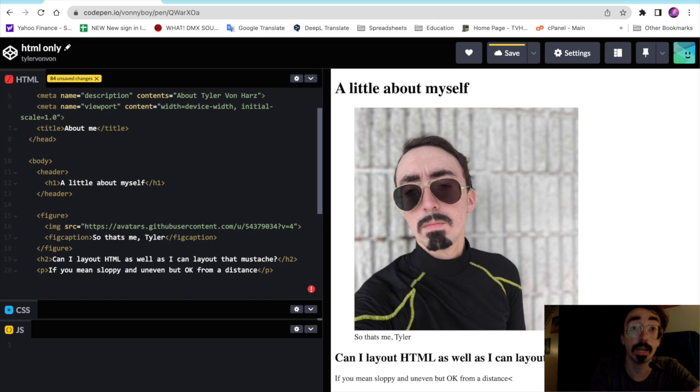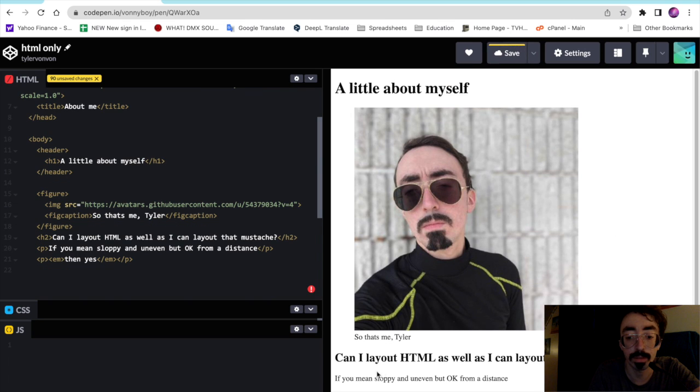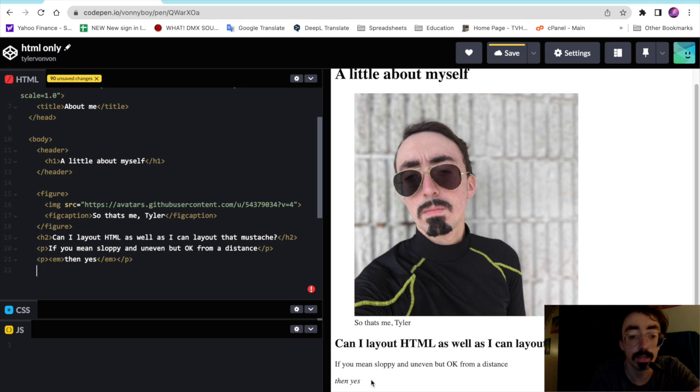So, italics are going to be created using the EM tag, but EM can't stand on its own because it's not a semantic element. So we're going to need to put that inside of the P tag here, inside of the paragraph tag. So, we'll say then yes, and then we'll close up the EM, and then we'll close up the paragraph. And as you can see, we have a little italic text right there. Easy peasy. Just put that inside of the EM tag and put that inside of the paragraph tag. Alrighty, so